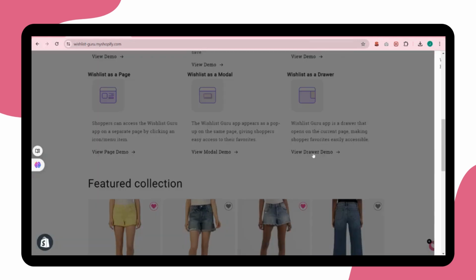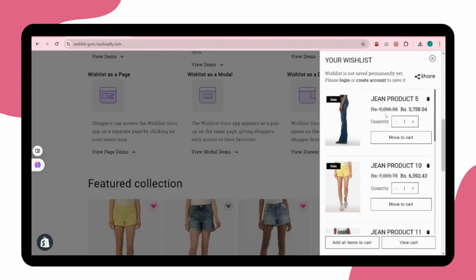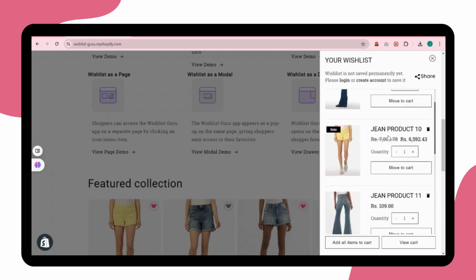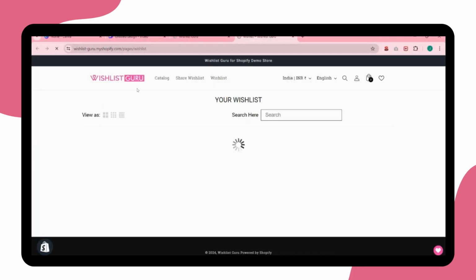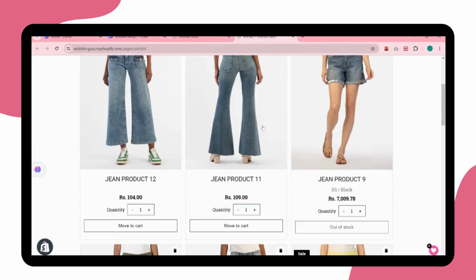The other option is a convenient drawer on the right for quick access, which displays all your wishlist products, showcasing how easily you can access the products in a unique side placement, which lets the user go for different options. Then there is a full page display with products in which you can view your wishlist